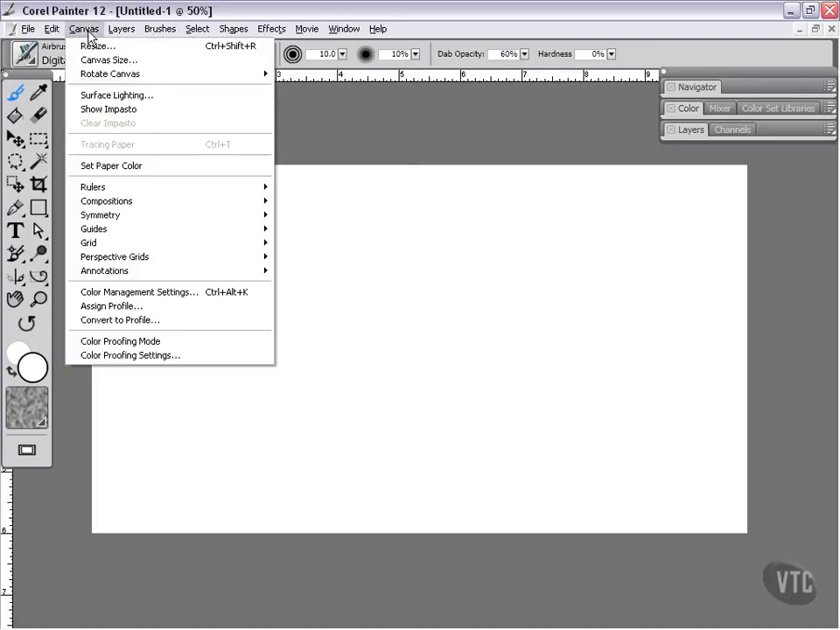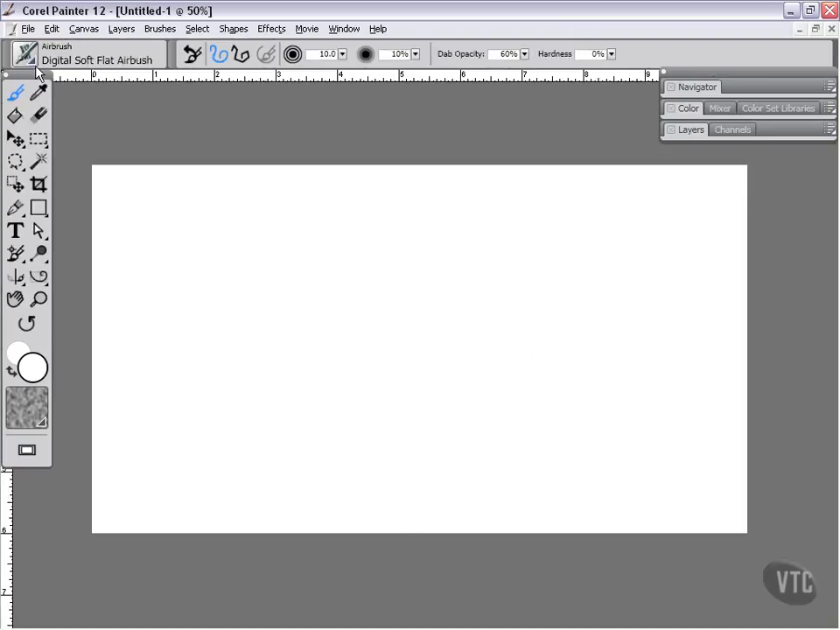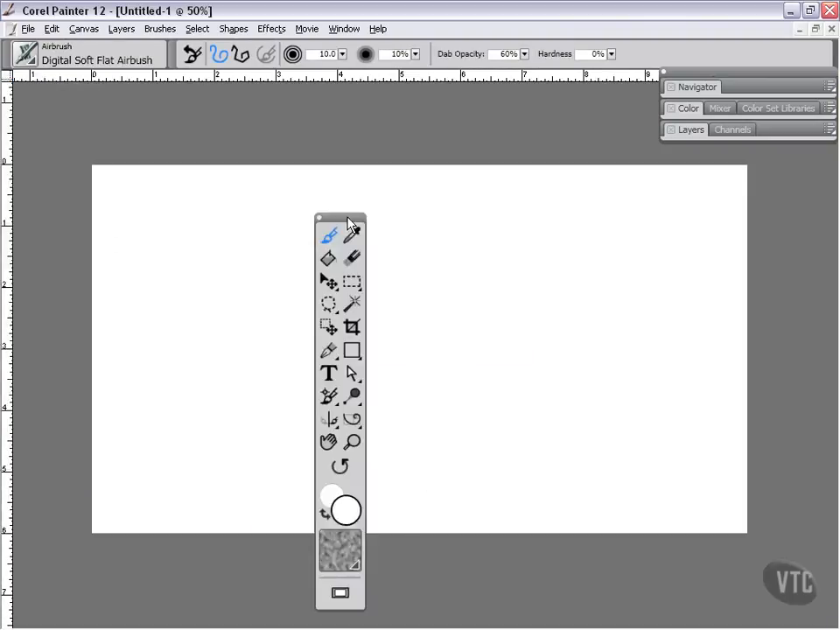And I'm also going to make sure that I come up to Rulers and go to Ruler Options. Now, under Ruler Options, you can change from pixels, inches, centimeters, points, and picas. I'm going to go ahead and continue working with inches, but you can change this to whatever you like. Hit OK. Now, the idea here, let me just go ahead and pull this out of the way so we